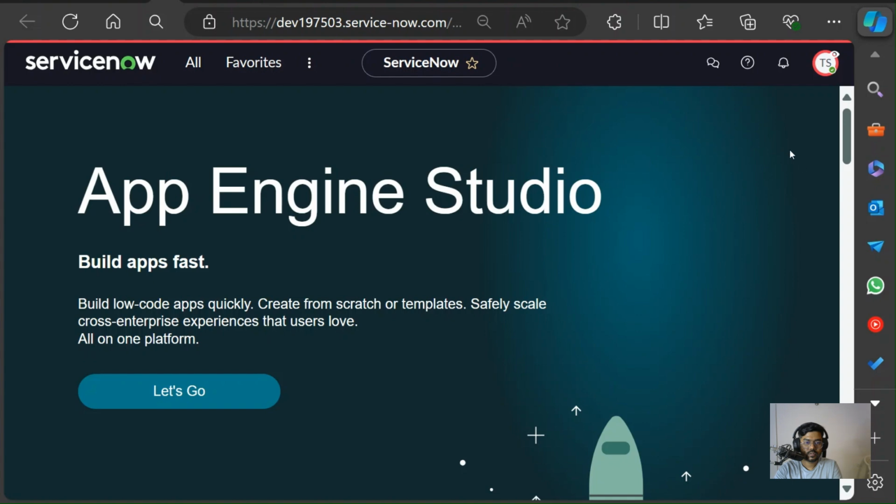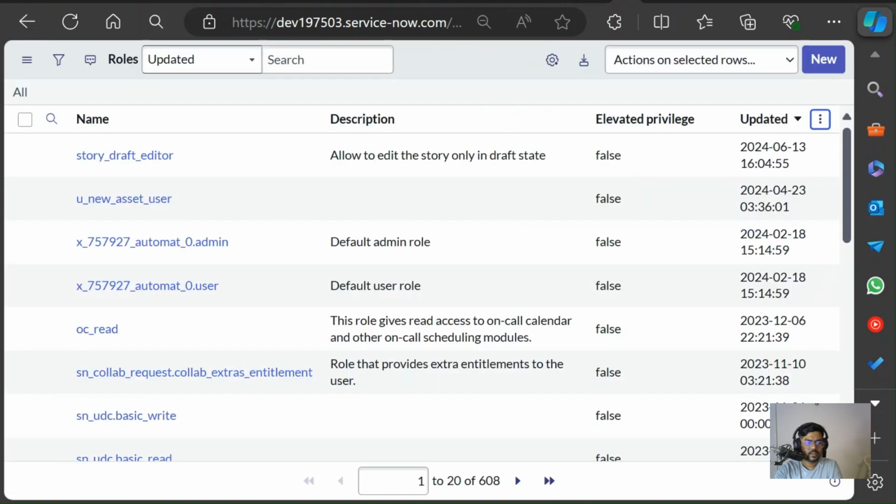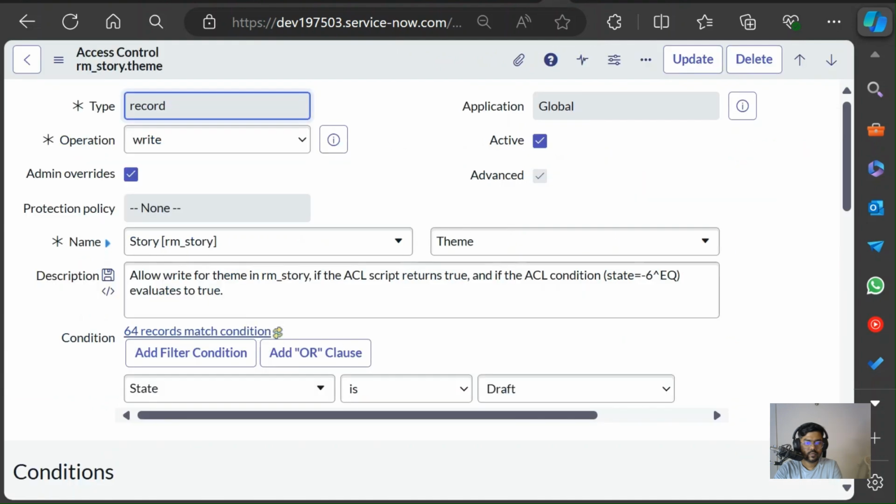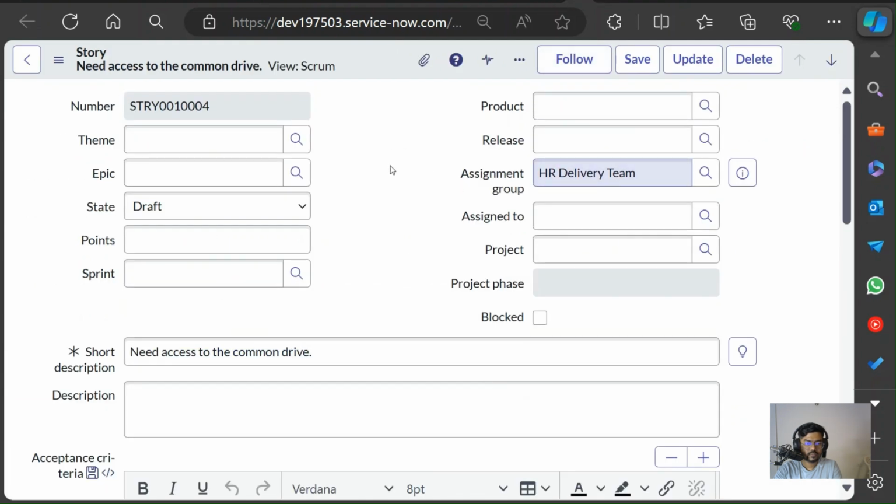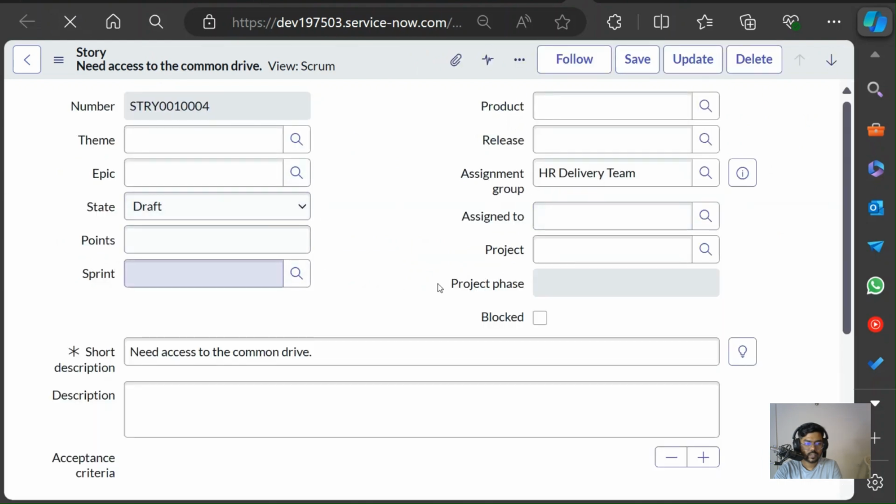Okay, so this is now impersonated, and we have again the test data. So draft one is working fine as expected,